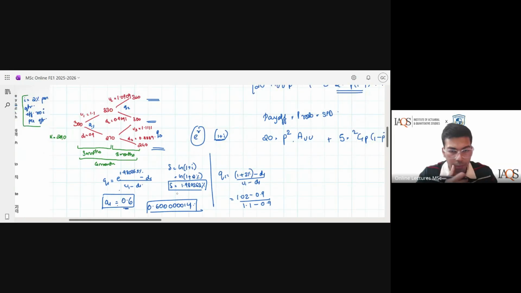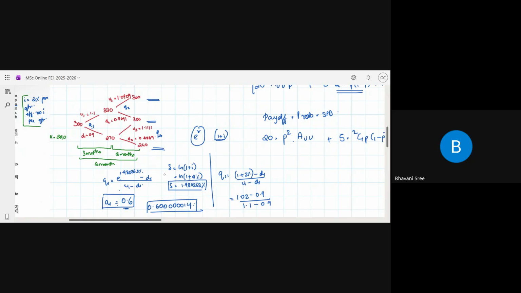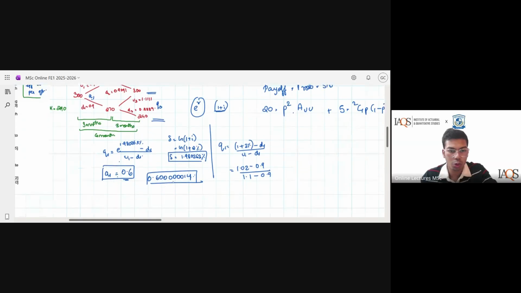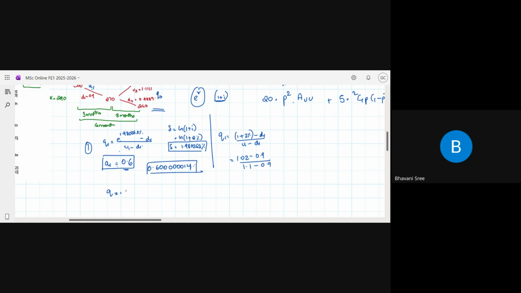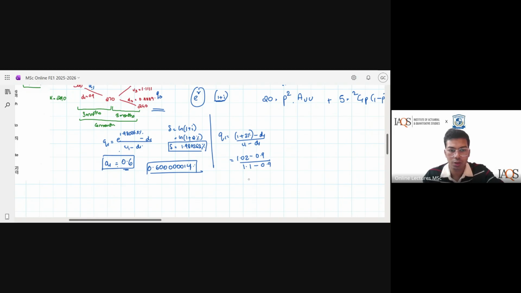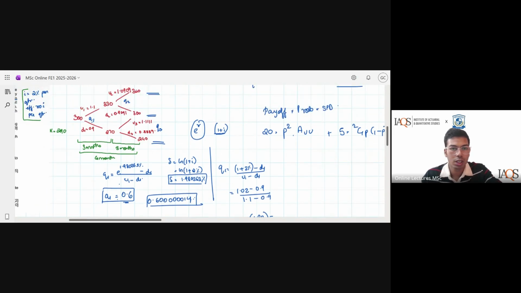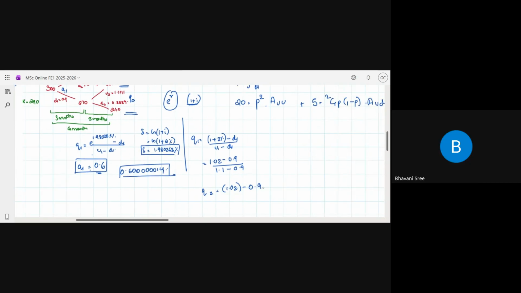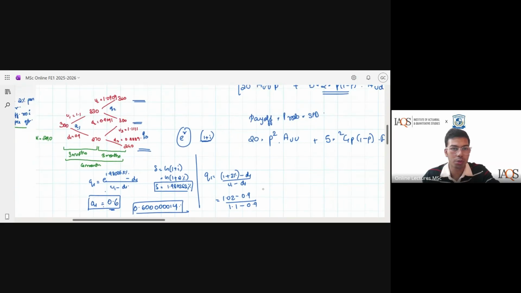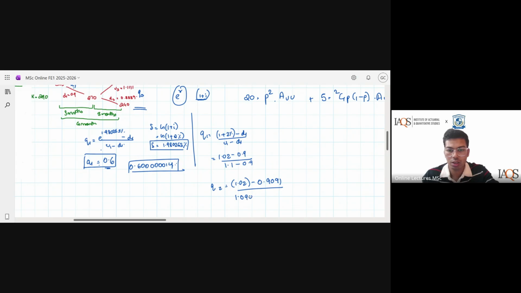So yeah, Q2 I got as 0.61001. Q2 will be, which approach are you doing? The first approach or the second approach? Second one. Alright, so Q2 ideally for you will be 1.02 minus, you are taking U2 T2 as 0.9091, right? Q2 is 1.0909 minus 0.9091, which will give you